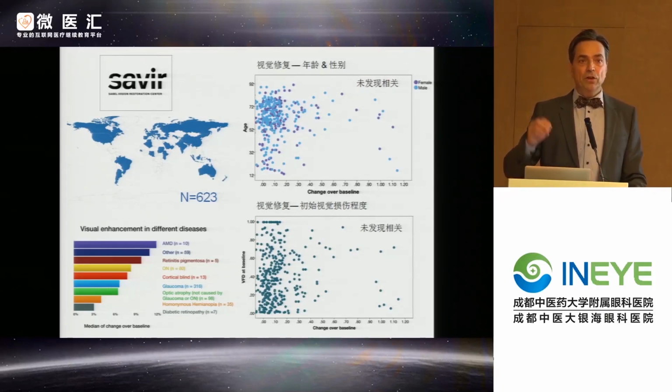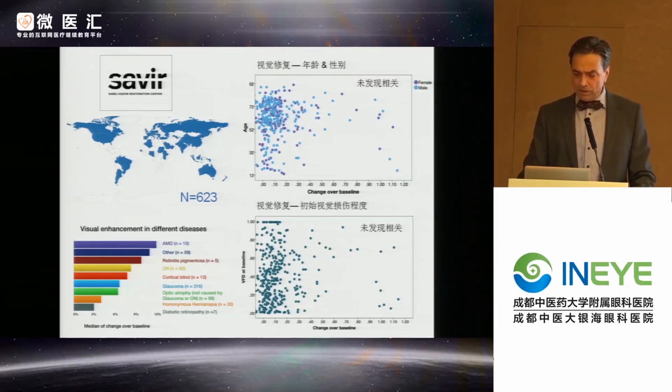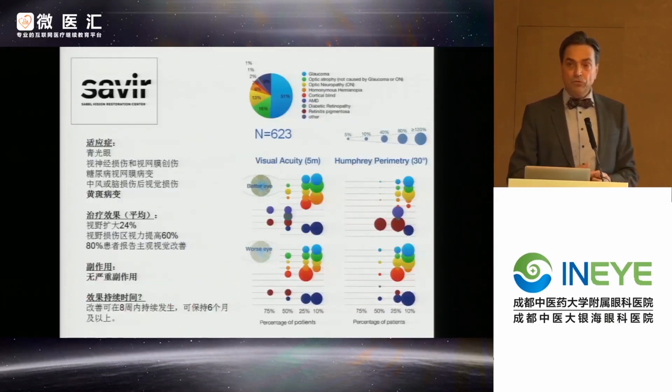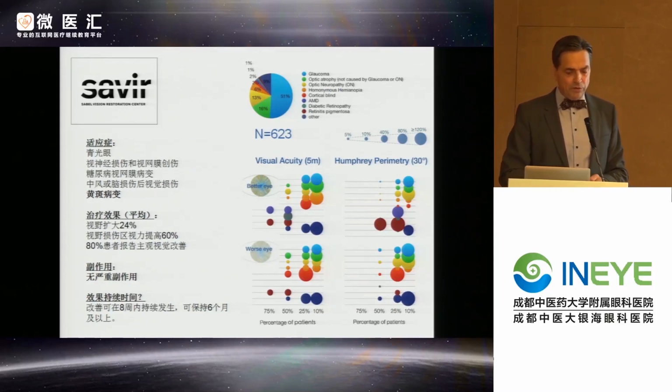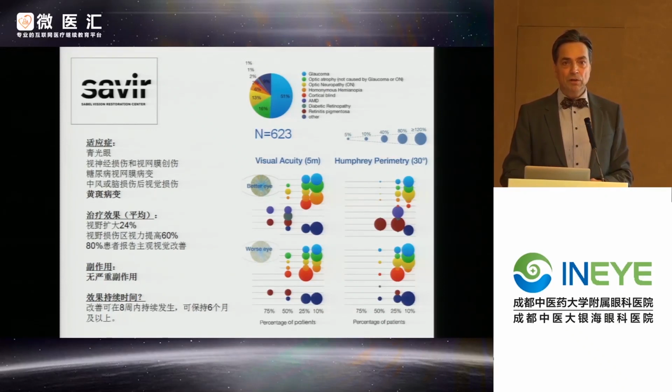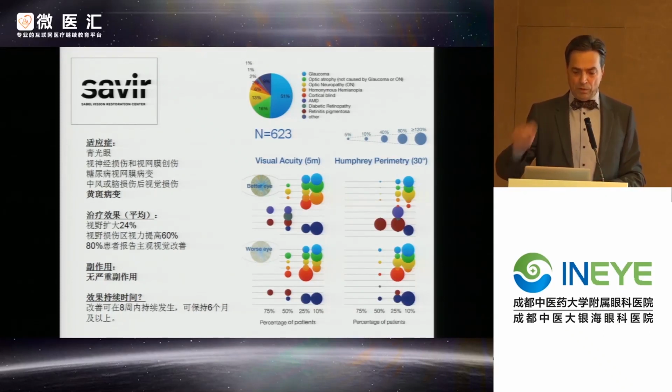The vision restoration is not dependent on the visual field size, but it must be dependent on something else that we still need to study. And the next slide shows this again. On the left, the treatable diseases. What is the effect size? And there is no side effect of the electrical stimulation. So there is a chance to improve vision without a risk, and I think that's very good.